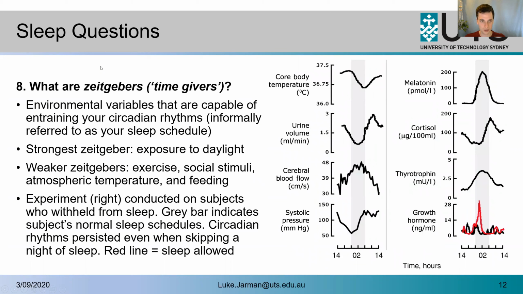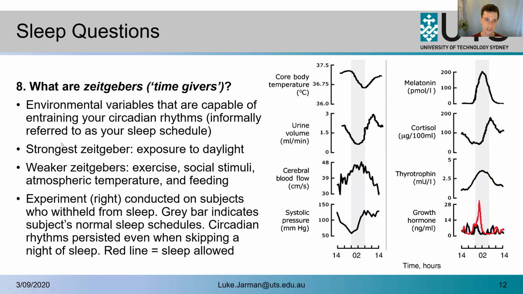All right, then we have a question on Zeitgebers. So it's German for time givers, and these are a whole bunch of different things. So in general, though, Zeitgebers are environmental variables that entrain an individual's internal body clocks, or your circadian rhythms. So you might refer to these as your sleep schedule, but it's so much more than that. Your circadian rhythms are a set of rhythms for each individual level of molecule in your body. So cortisol has a circadian rhythm, thyrotropin has one, melatonin has one. These are all circadian rhythms.